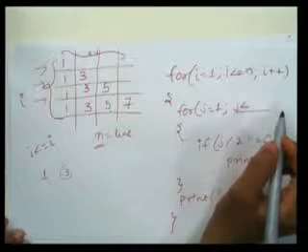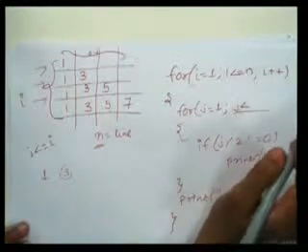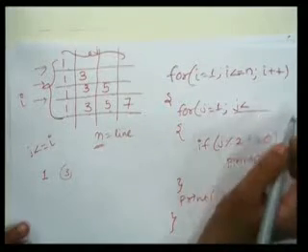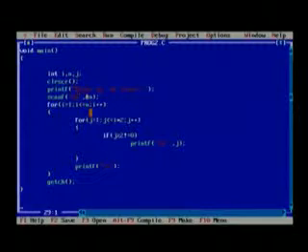See, again I am repeating the same thing. This is not the only solution to a given problem. You may have different logic for different problems or for the same problem. i into 2, j plus plus. Now try to understand how I can put this condition. You may have other conditions also.